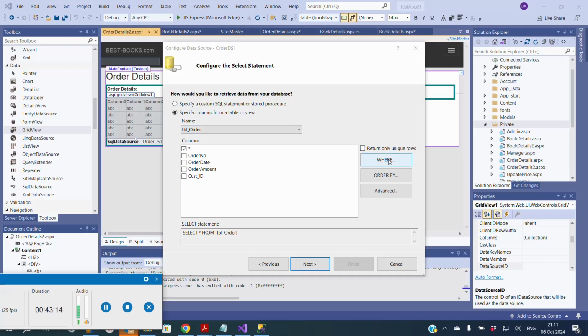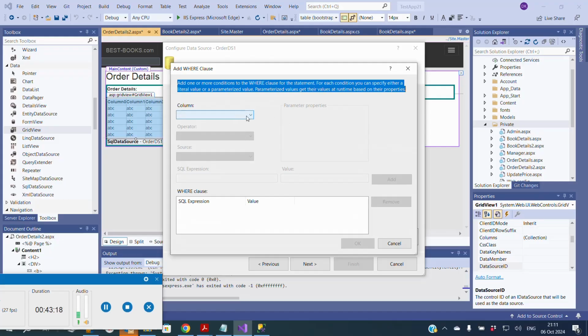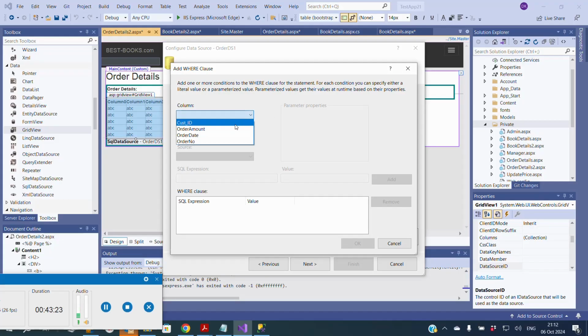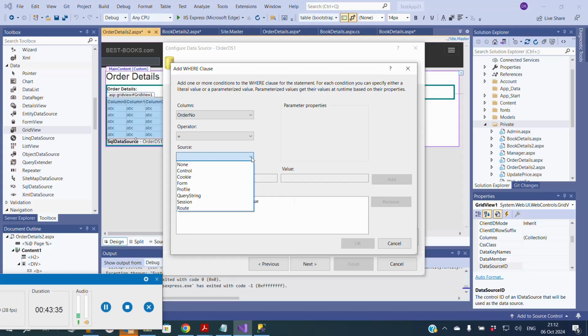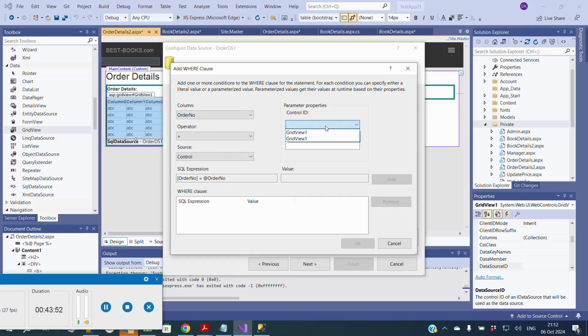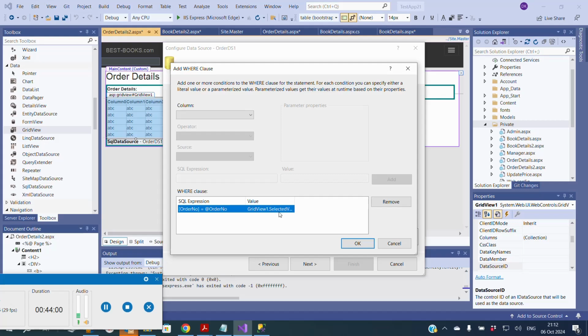So here we will be clicking on the where clause, and we will be adding a key field here which will provide us the parameter value that we need. So order number is equal to, and the source of this will be the control that we have. So control will be grid view 1, and we will add this to it. So whenever we're going to do a selection in the grid, the parameter that will be returned in the SQL expression will be the order number. We'll click OK,